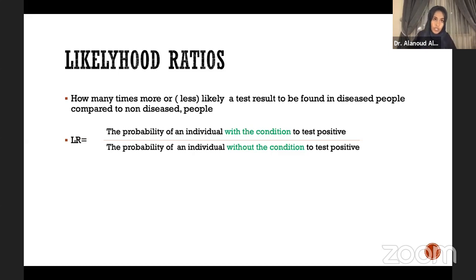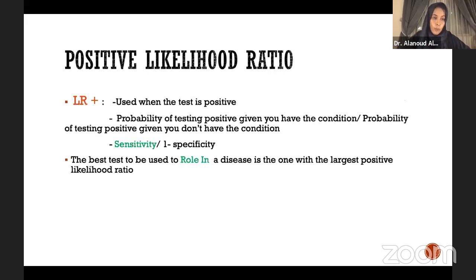So let's go for something else that is practical in interpretation and is not affected by prevalence, which is the likelihood ratios. Likelihood ratios simply compare the probability of individuals with the condition testing positive to the probability of individuals without the condition testing positive. So the positive likelihood ratio is used when the test is positive. So it is the probability of testing positive, given you have the condition, divided by the probability